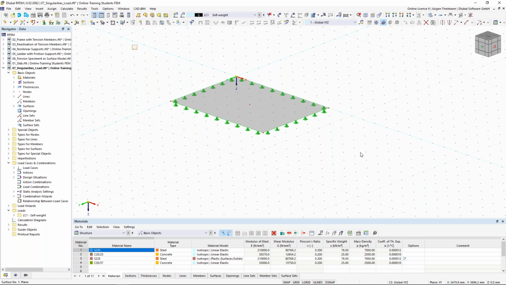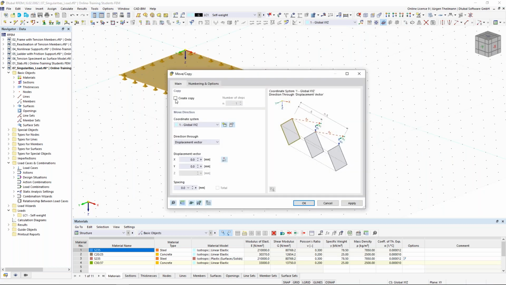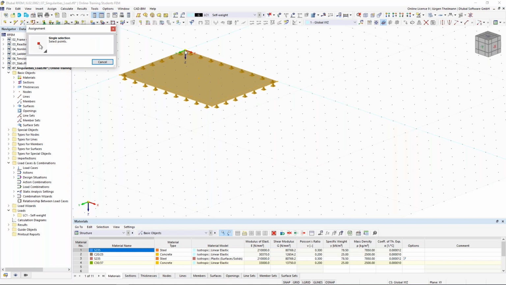Good. Again, I throw a window to select all, and now I go to move and copy. I create 3 copies. And this is now for a displacement vector in X direction. You can also use this function to pick a vector from the model. So you can maybe choose this node and say